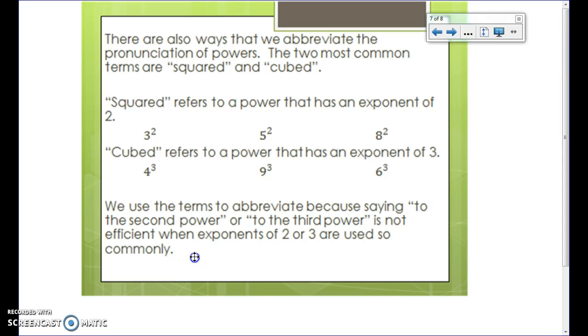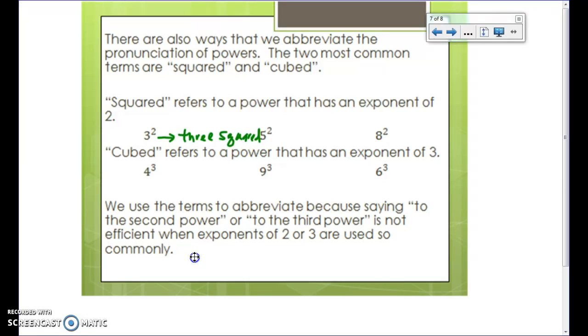When I say cubed, you need to automatically think in your head, to the 3rd power. So instead of saying 3 to the 2nd power, I would say this out loud as 3 squared, or 5 squared or 8 squared. And instead of saying 4 to the third power, 9 to the third power, 6 to the third power,